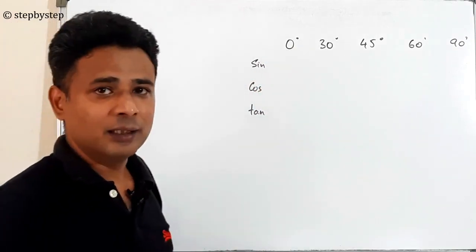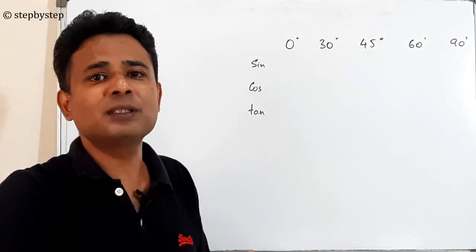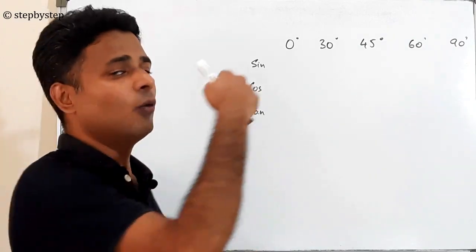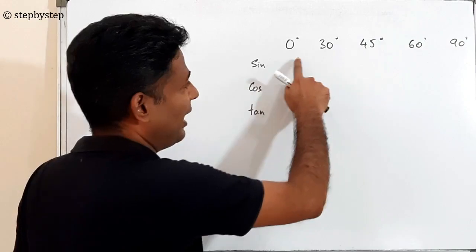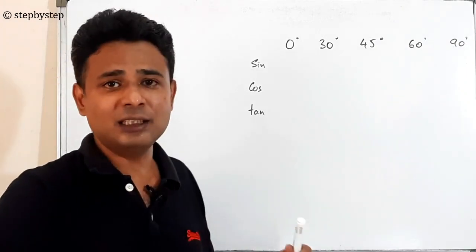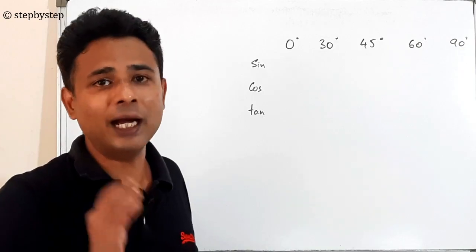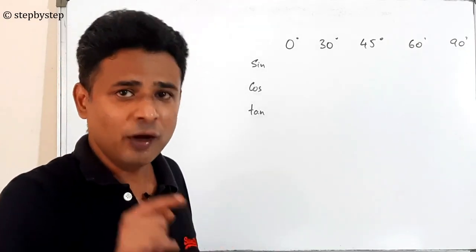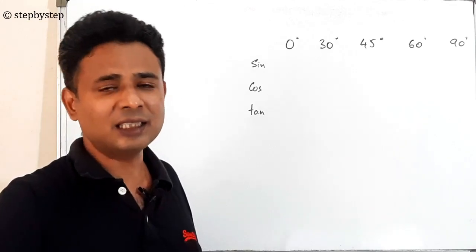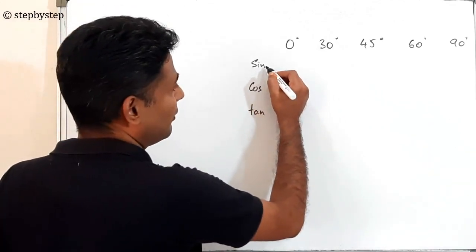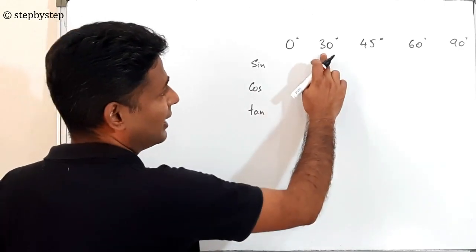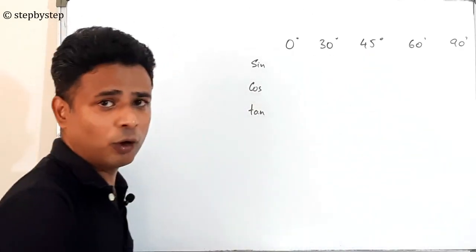So what does sine 0 mean? When the angle is 0, what is the ratio of opposite by hypotenuse? What does sine 30 mean? When the angle theta is 30, what is the ratio of opposite by hypotenuse? For every angle, the sine will have a fixed value, or cos of theta will have a fixed value. Why? Because sine, cos and tan are ratios of particular sides. So the ratio for a particular angle will be constant for any size of triangle. So when the angle is 0, what will be the ratio? When the angle is 30, what will be the ratio? When the angle is 45, what will be the ratio?